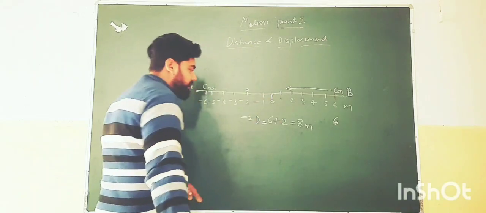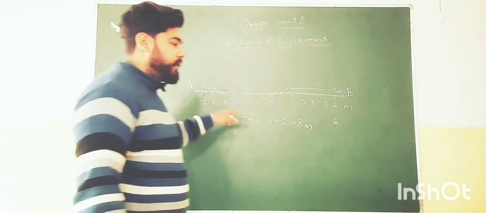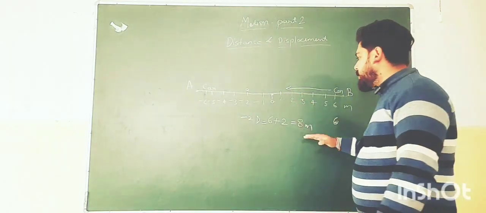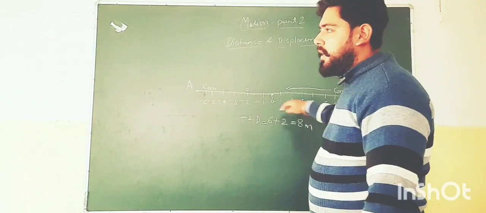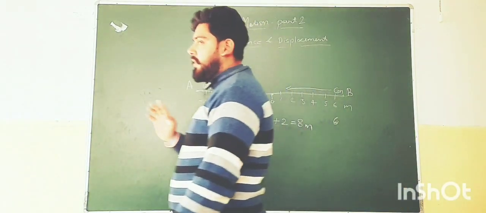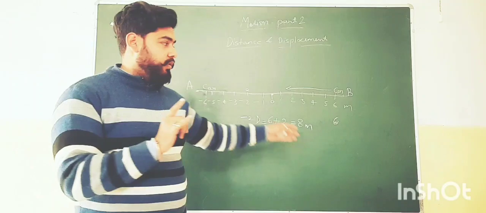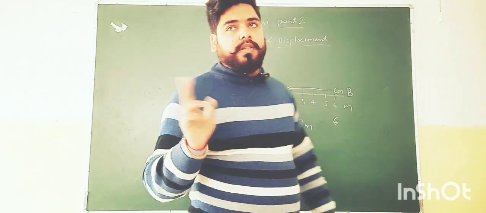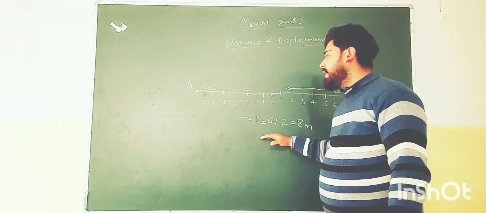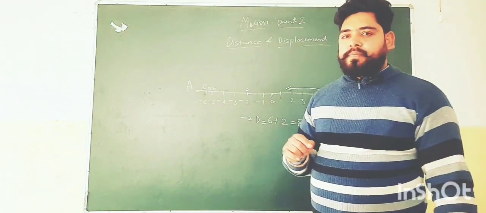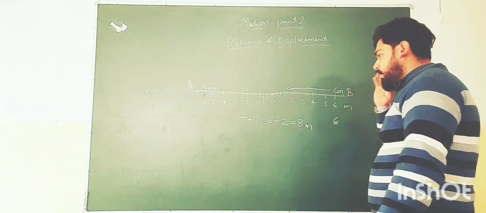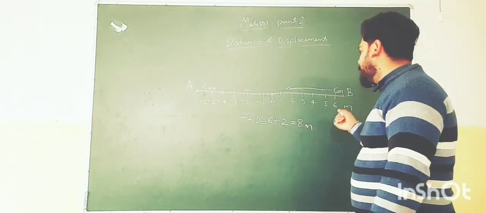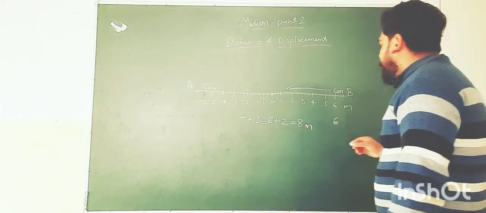That is your distance. But if I am asking about displacement, here we have to listen to one thing: displacement doesn't depend on only one single quantity, either magnitude or direction. There should be both. The magnitude means the length, and the direction also. With the direction we will know in which side the object is moving. That's why displacement plays a very important role here.